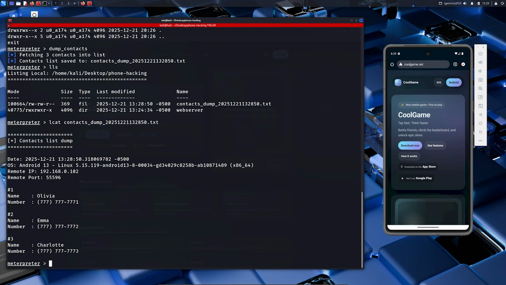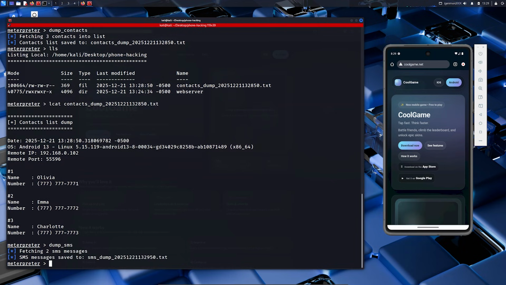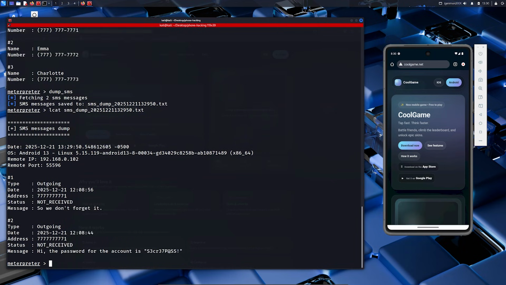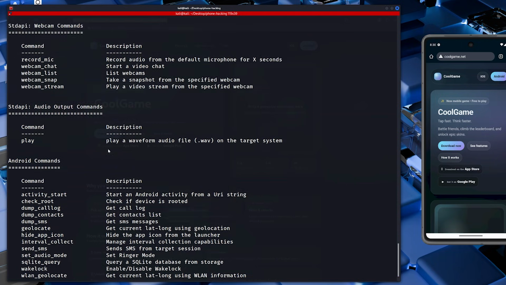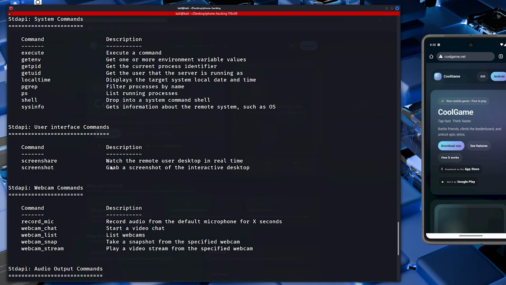He could also dump her SMS messages, eavesdrop on her microphone, watch through her cameras, and so much more. You can find all the commands you can run with help. We have geolocation, we can dump the call log, play sound on the target system, take screenshots,